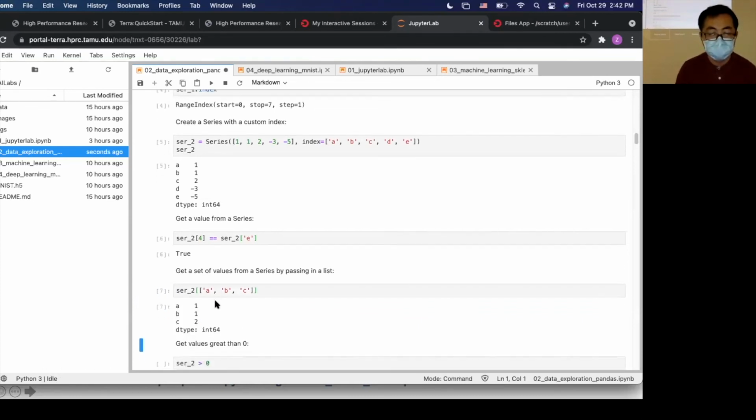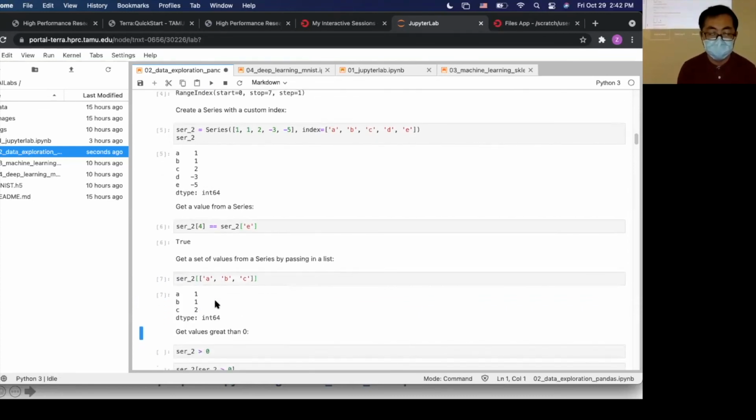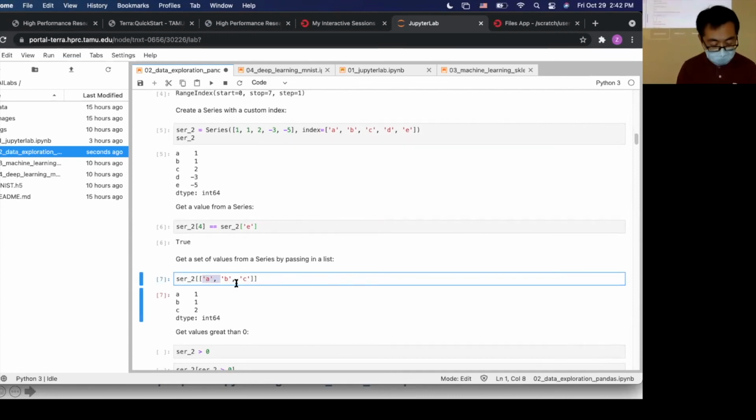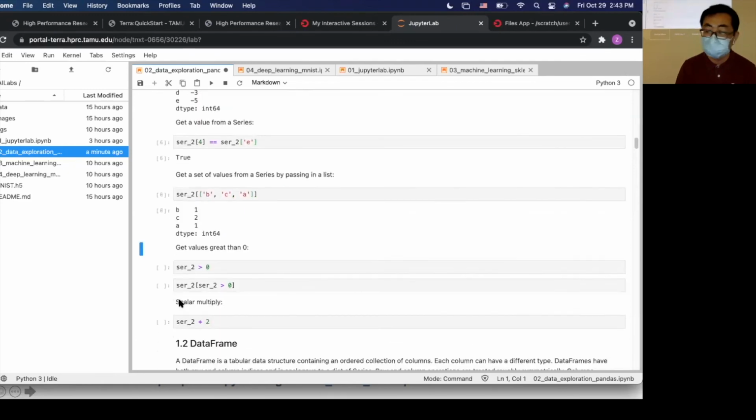You may also wonder, if I specify a different sequence of these labels, does it change anything? Maybe let's try. If I do B, C, A, does it change? Yes, the sequence of the values has been changed. The labels become B, C, A.